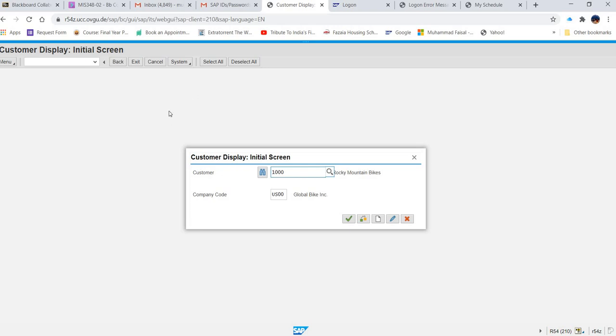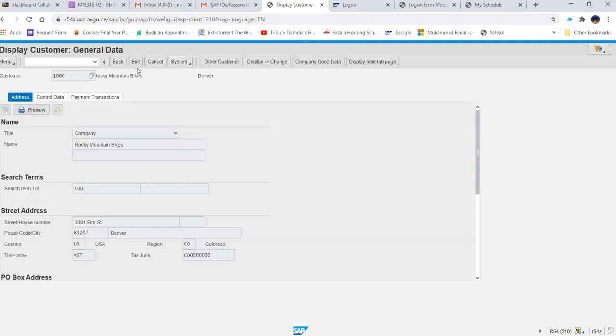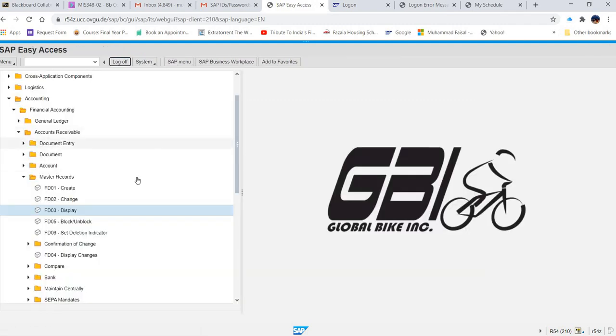If I press exit, then it will take me out of the transaction. Let's do it again. I press back, it takes me one step back. When I go inside the transaction again and press exit, see, it takes me out of the transaction. So now you can feel the difference between back and exit.